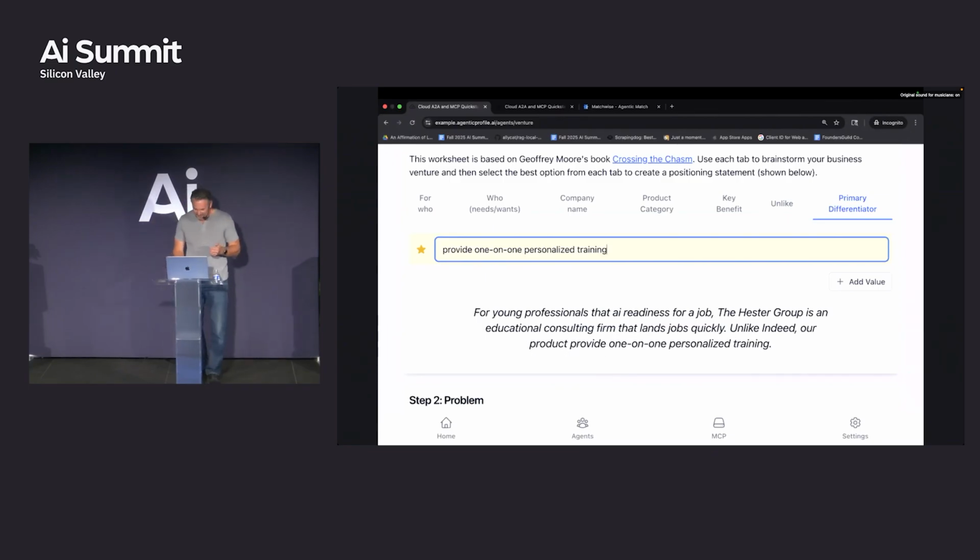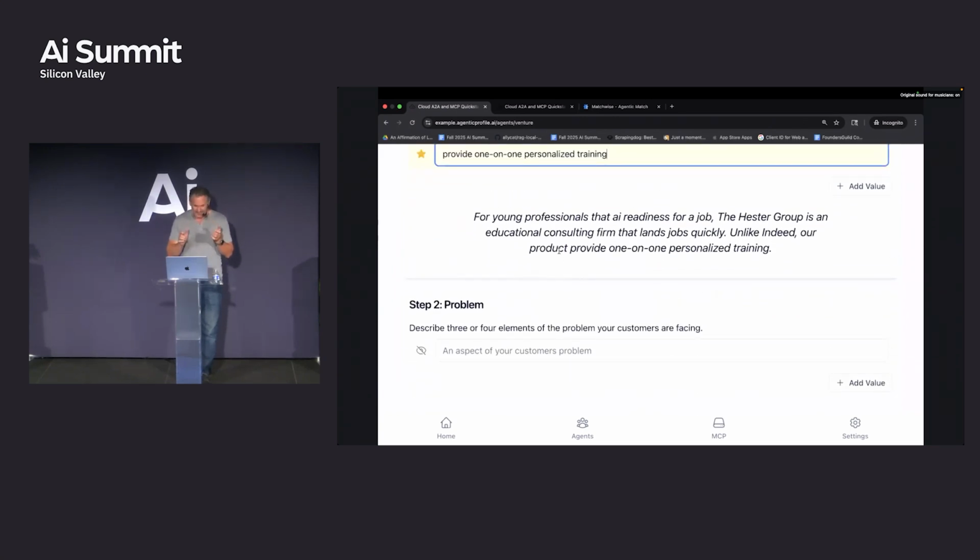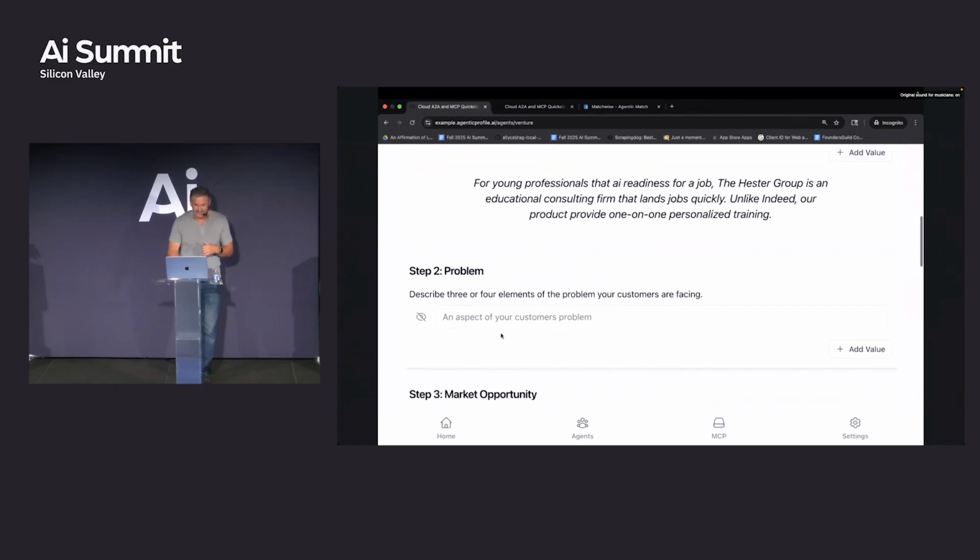Kind of fun. So in this one here, the fun thing about this for teams, what I found with startups is people have a bunch of different versions of each of these. So we go through this worksheet, we brainstorm a whole bunch of different answers. The great thing about brainstorming is there's no wrong answers, and you can toggle between these until you find an elevator pitch you really like. We won't go through the rest of this right now, but once you have the elevator pitch, you're at least pointed in the right direction. And then we go for problem statements, and we say, digging down a little bit, what's the problem you're really solving?